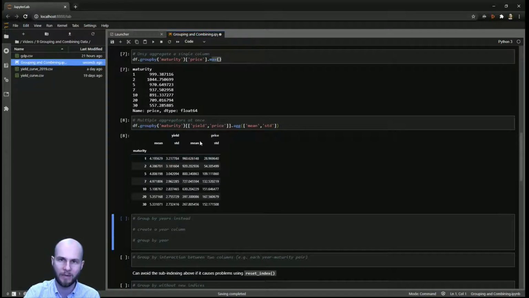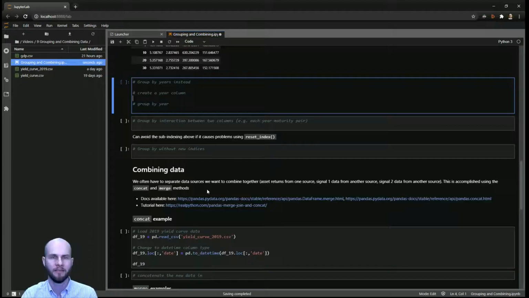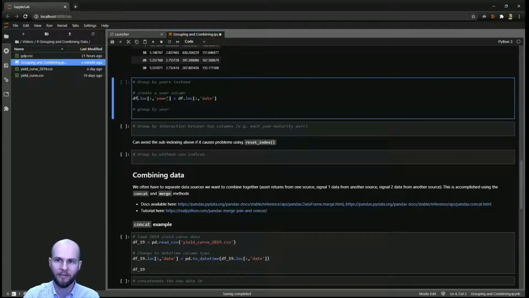With the prices, we have the mean and standard deviation of the prices, and these are organized within each group of maturities. Now let's imagine we want to group by years instead of maturities. To do that, we need to first create a column that tells us the year, creating a new column called year, assigning the value of that column to be equal to the date, and then to get the datetime.year out